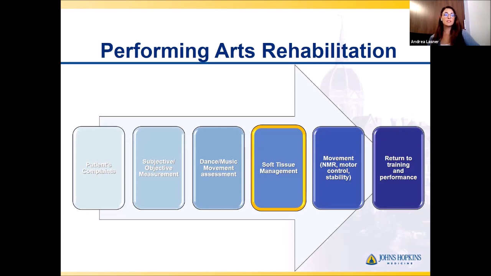So really listening to the patient's complaint, right? That's always going to give us a little bit of insight and history on the patient. Subjective and objective measurements, right? Doing all of our basic range of motion, muscle strength testing, palpation, just as you would normally do an orthopedic exam. The important piece for the dancer and the musician is to actually do a movement assessment. And this is a whole other conversation in itself, of what are certain tests and measures to really have and be able to